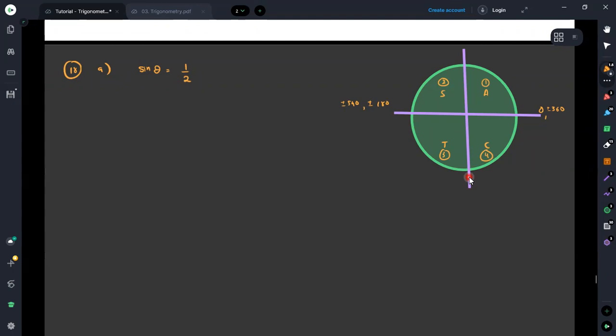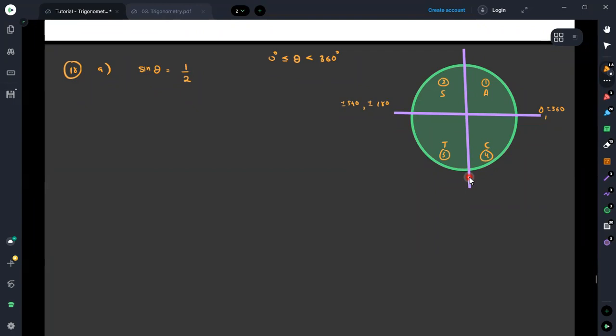Here it is asked to find the region. It is given that theta is in between, less than 360 degrees but greater than or equal to 0 degrees. Therefore, this is the region that theta lies in. And here it is measured in the positive direction, in the anti-clockwise direction, since theta has values from 0 to 360. It is only in the positive direction. Therefore, all the angles are measured in the anti-clockwise direction only.